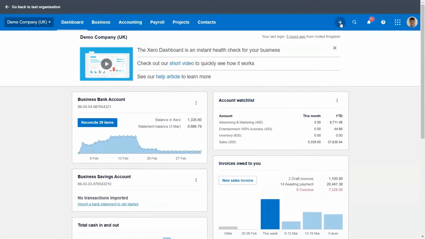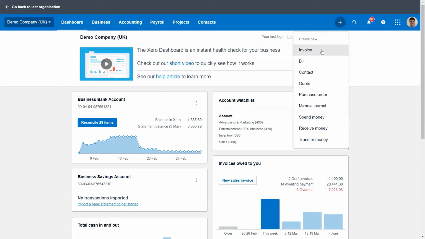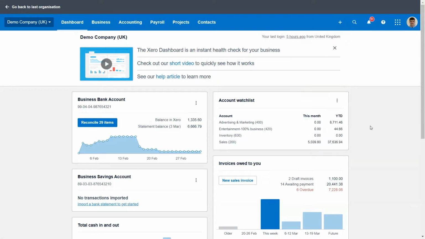From the dashboard, you can also see there's a little plus sign here, which just gives you a quick way of basically inserting an invoice or a bill into the software. There's also other stuff, but the main things that business owners do is, I would say, mainly sales invoicing from here. So next, we'll go on to the bank,